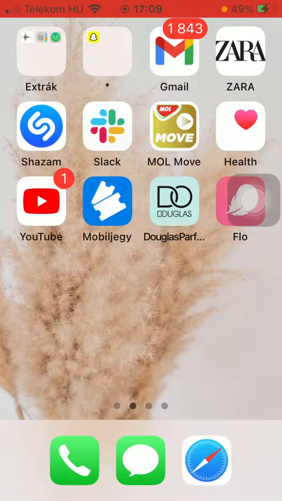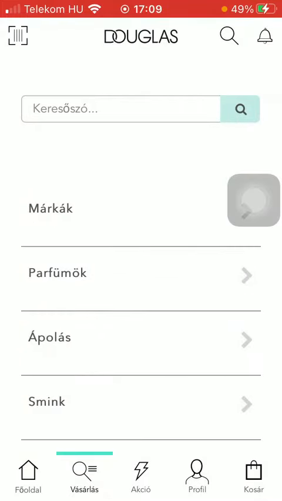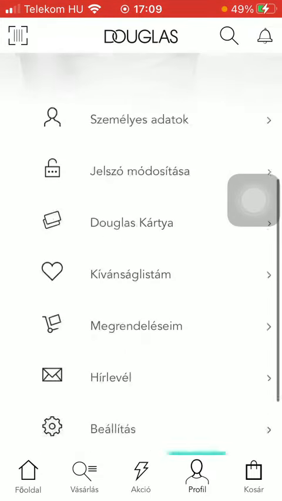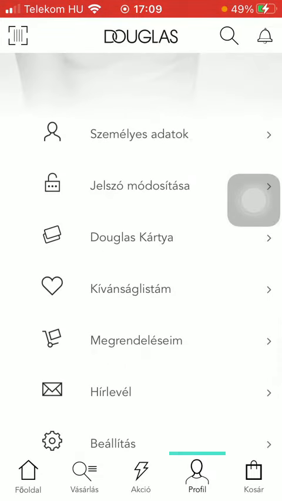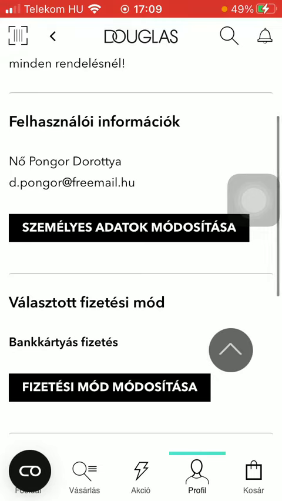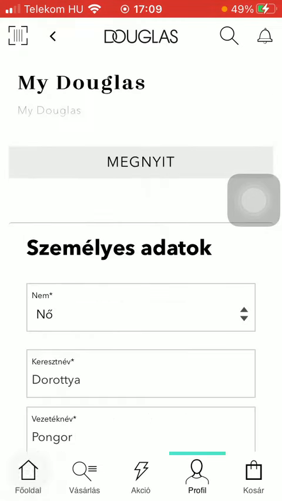First of all, open the application on your phone. After that, tap on the profile button down below, which is the fourth option. Then you should scroll down and tap on personal information. That's the first section. So tap on it, and here you should tap on this first button to modify your